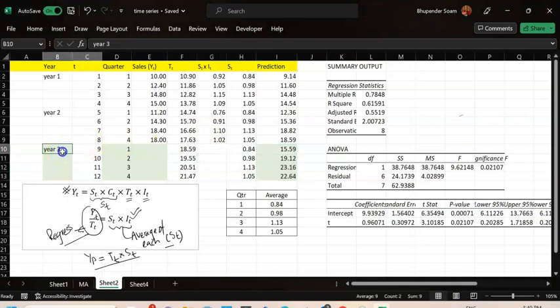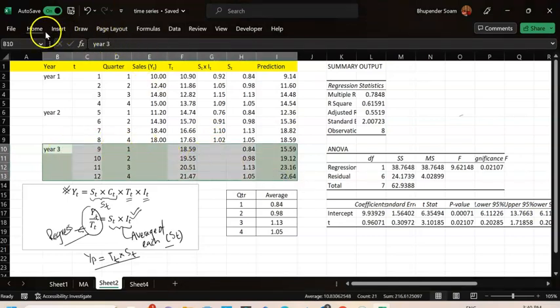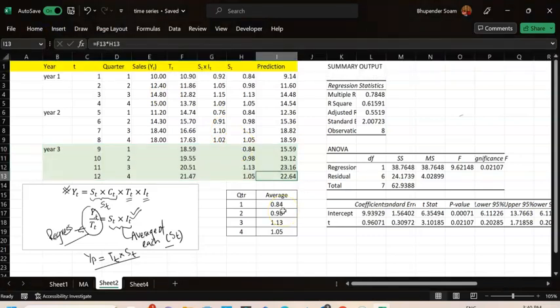So that's a very simple application of the multiplicative model of time series, where the data was small. There was no need for smoothing out the data. There are no bumps in the data as such, and that's how we get the predicted values. So year 3, quarter 1 predicted sales would be 15.59. Year 3, quarter 2, the predicted sales would be 19.12, and